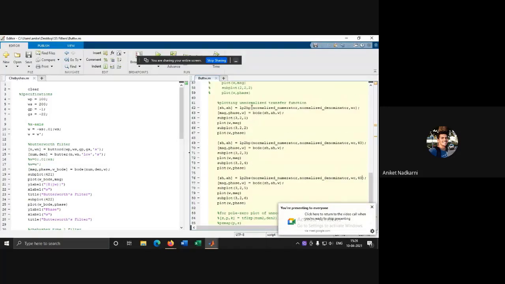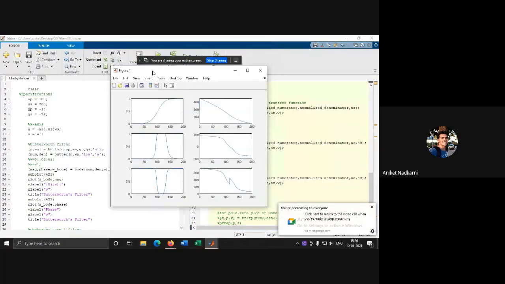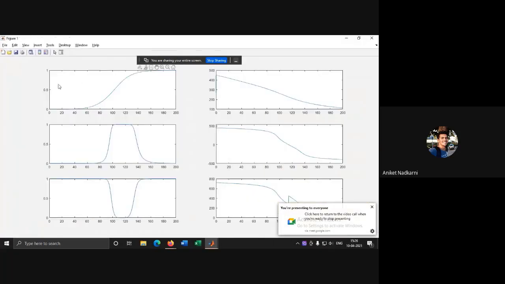Just a minute, Dhananjay, before you continue. As Ojas showed you, there is LP to HP, which directly converts it into a high pass filter. Similarly, there is LP to BP for band pass and band stop, which will give you the following outputs. So the top, as you can see, is the high pass filter. This is the band pass filter, and this is the band stop filter. And Dhananjay, you may continue.